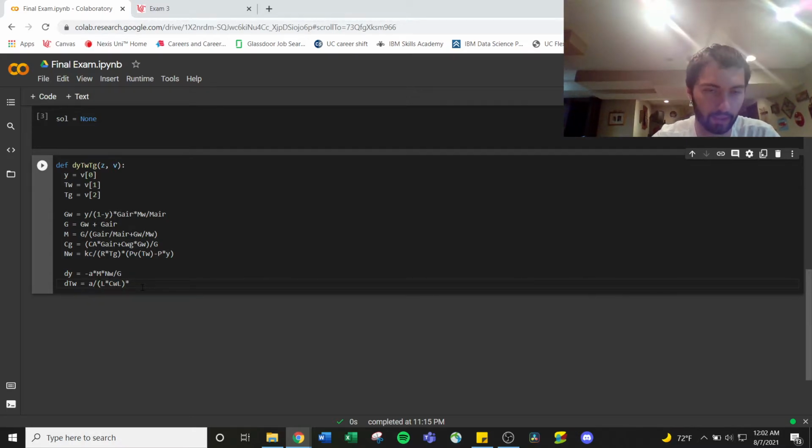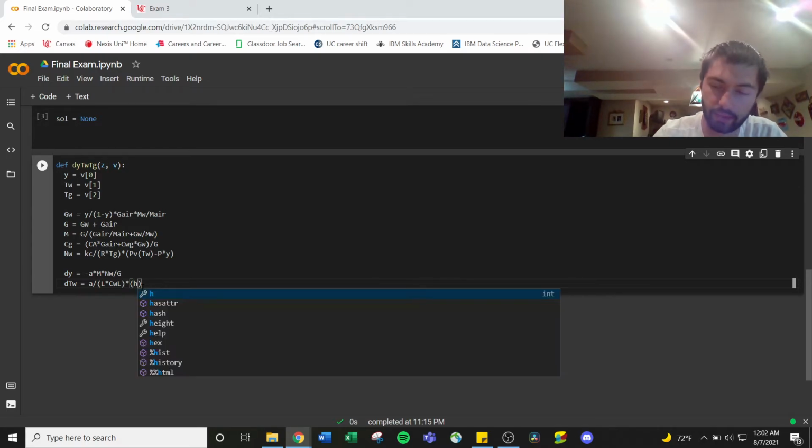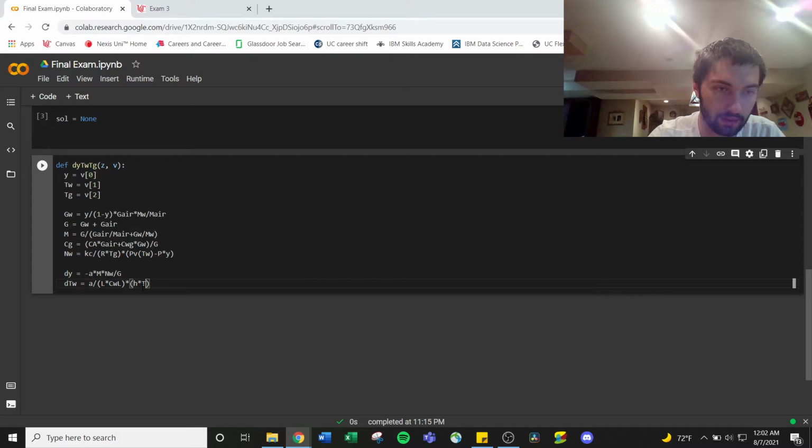And then we're going to do times the heat transfer of the gas to the water, so we'll go heat transfer coefficient times Tg minus Tw, and I need that in parentheses. There we go. Alright, so heat transfer coefficient times the difference in temperature